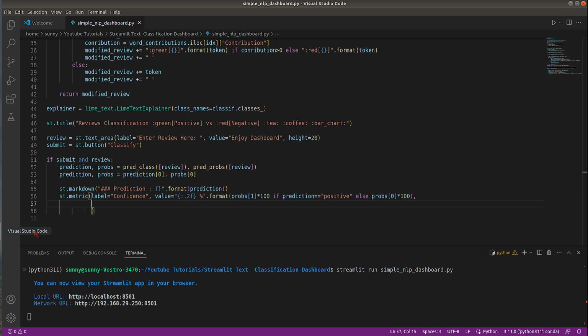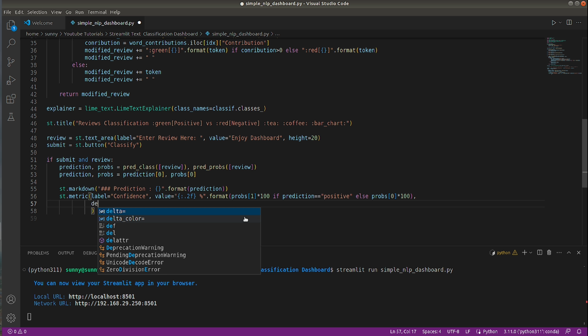Metrics are generally displayed with some value which is above a threshold. In our case, let's set a threshold of 50%. If our model's confidence is more than 50%, then we can say that is a good amount of confidence. And we want to see how much above 50% the confidence is. That value we can specify using the delta parameter. So over here, I will simply copy whatever is there in